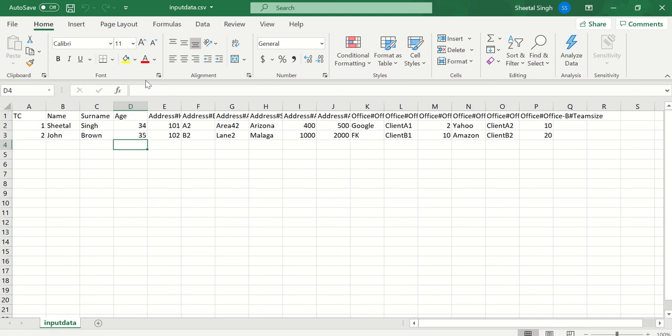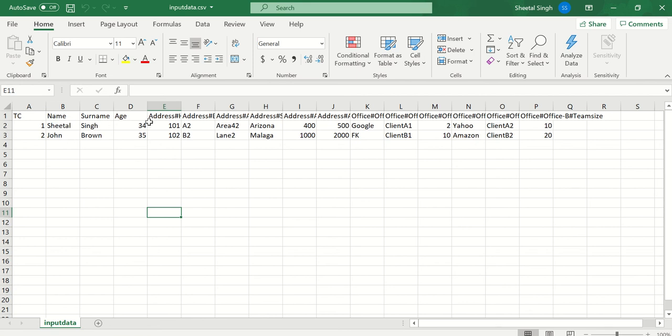Let me explain this CSV. This is the name, so this is the main node. Name, surname: these are the client names, or let's say the employee names. The counting will come here, 1, 2, 3, 4, 10, 150, or whatever data will come here.